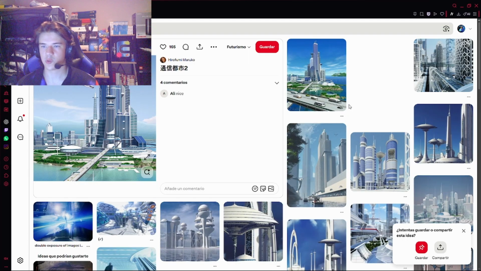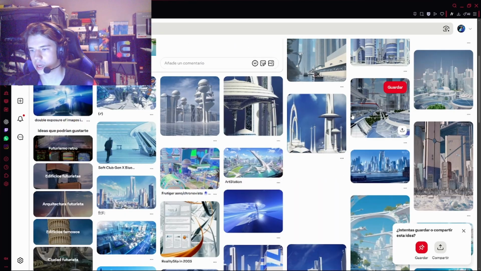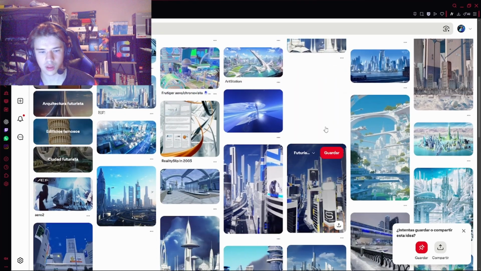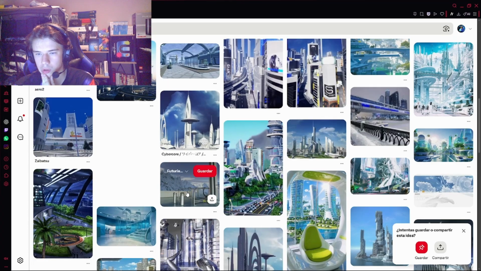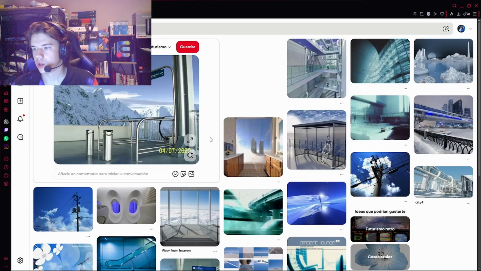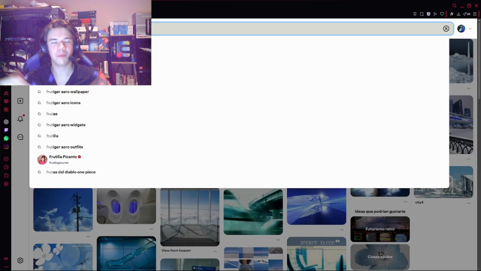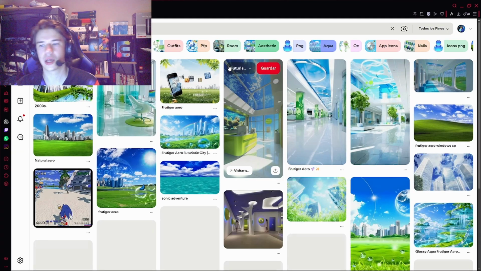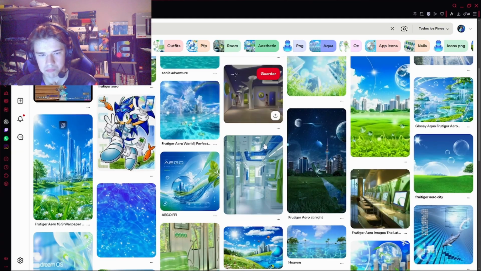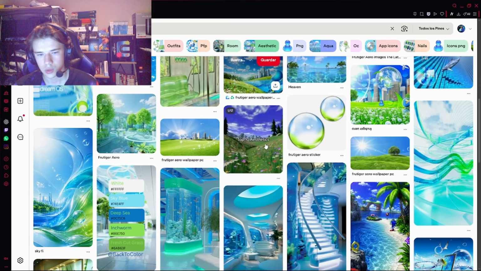So, for example, we keep looking at images, and maybe you would like to do this, for example? Well, if not, let's search for some more FRUTIGER AERO images. Where are the greens? Where are the blues? Where is all that colorful beauty that this aesthetic has? So, for example, we can search like, I don't know, maybe